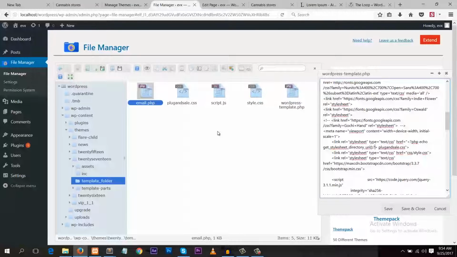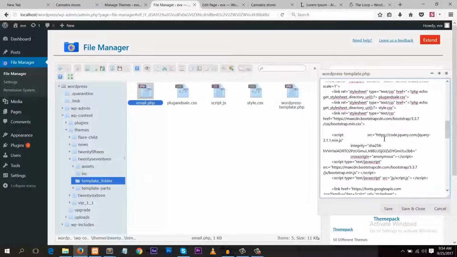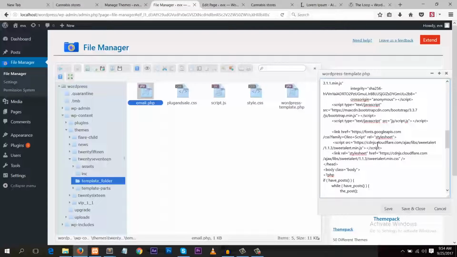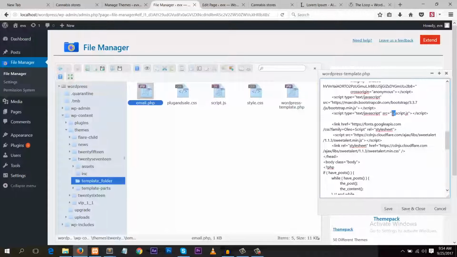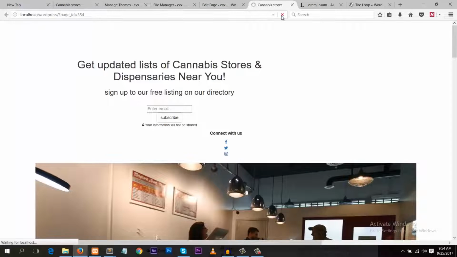The page template for the page template folder, and then we have to copy this and add it here as well, because we don't have the CSS folder here. We didn't add these files in any folder, so we just link them directly. So we also need to get the JavaScript file, which is here. So save. And now if we refresh,